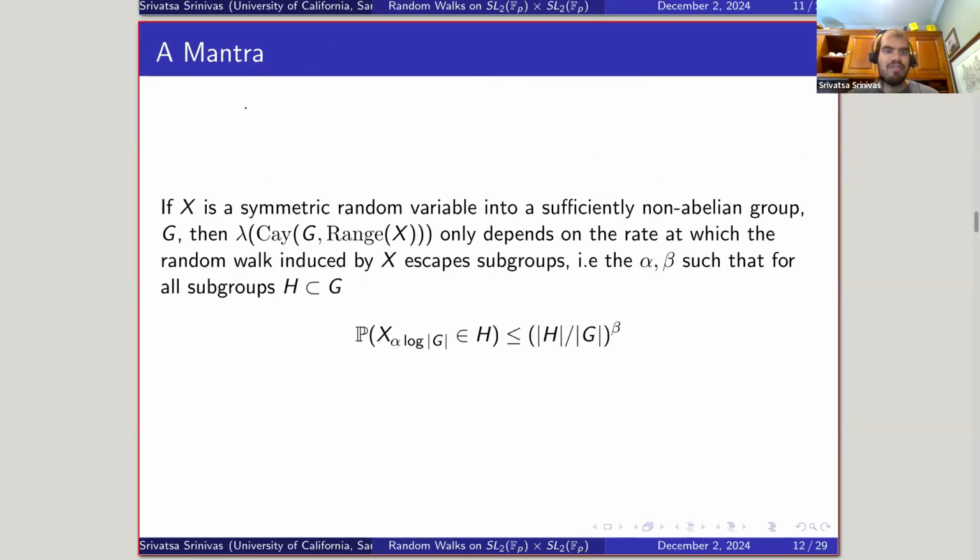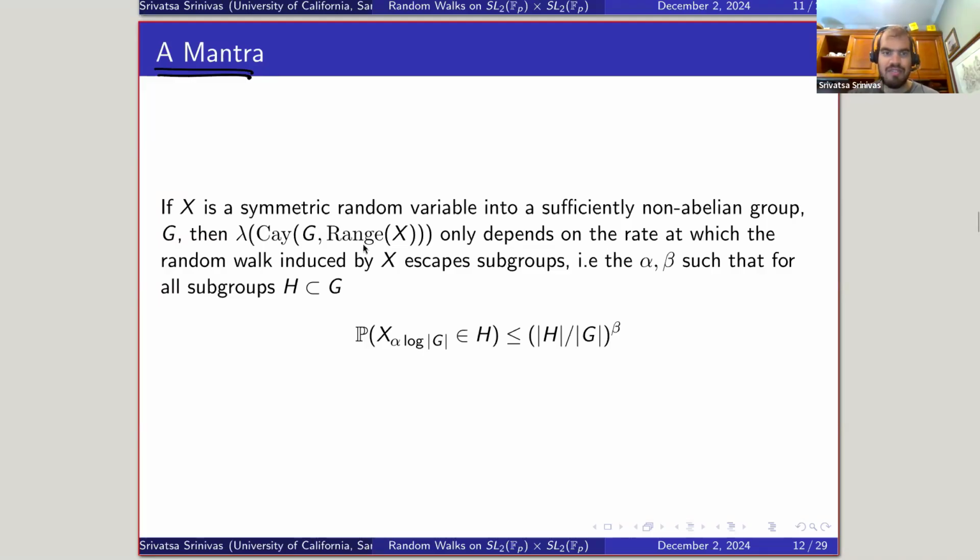So here's the mantra of the Bourgain-Gamburd method, which seems to work across many different groups. It has worked for Euclidean rotations like SO3. It has worked for SL2 p-adics. And that's just because it works by additive combinatorics, which is very general. Okay, if X is a symmetric random variable into a sufficiently non-abelian group G, then the spectral gap of the Cayley